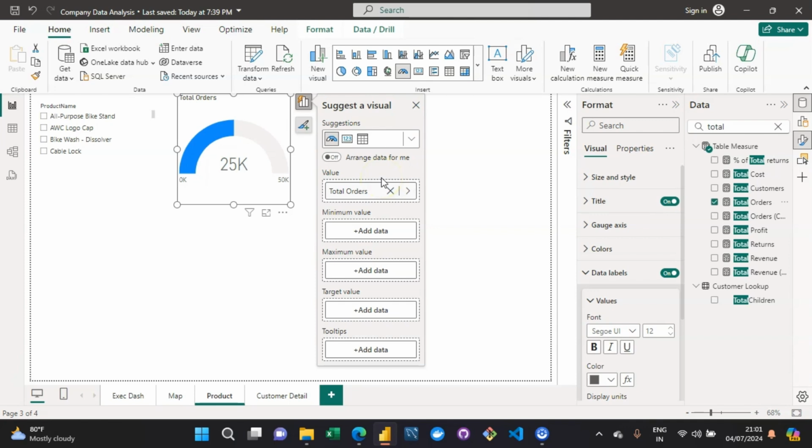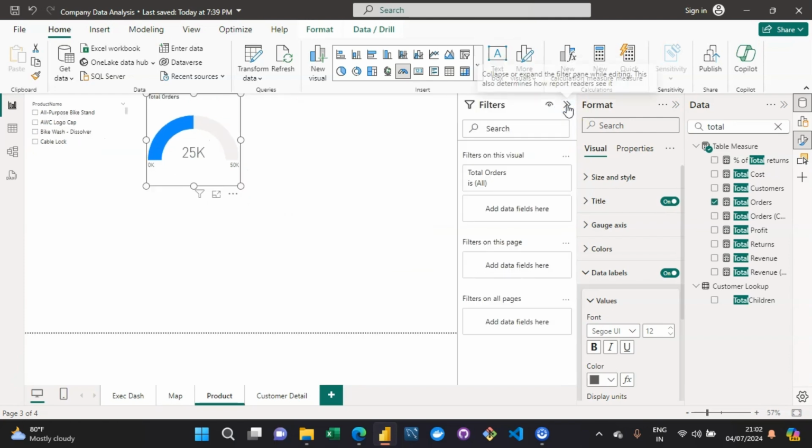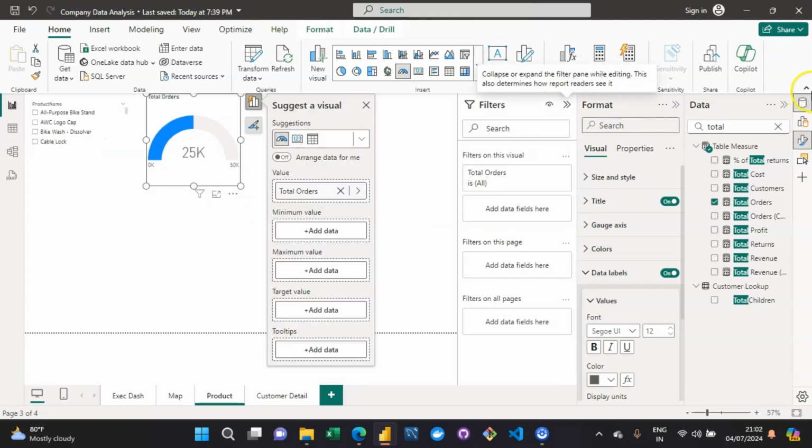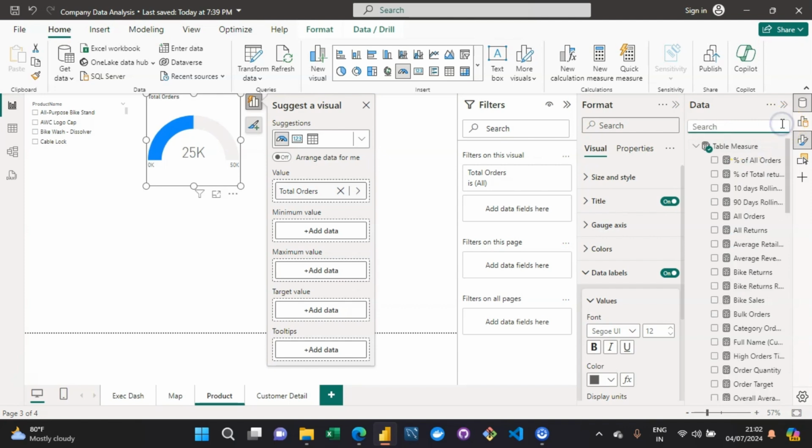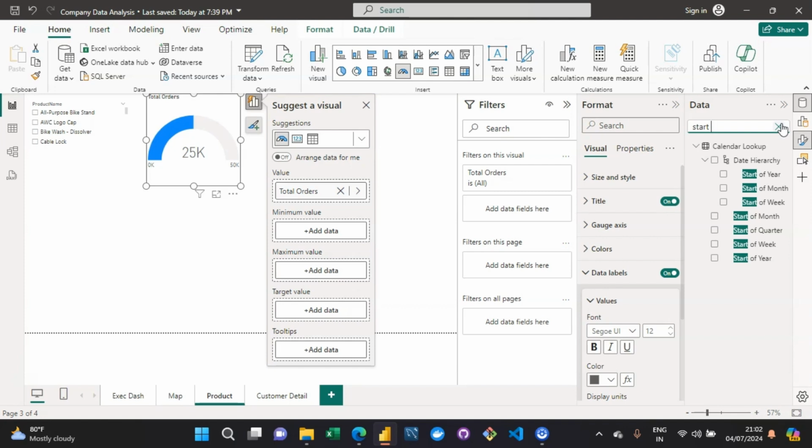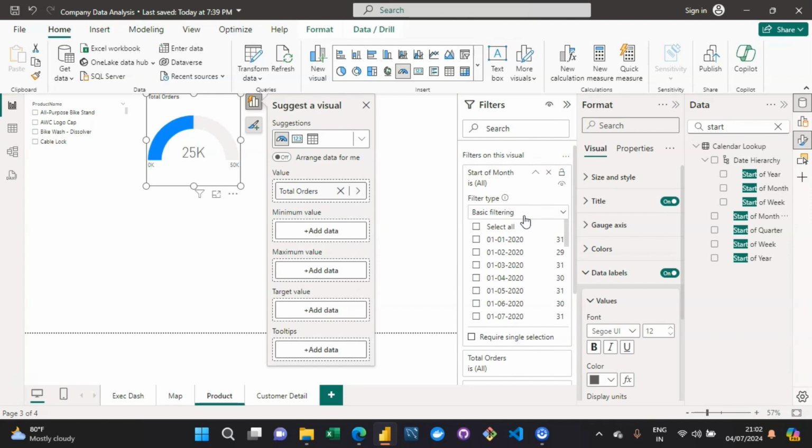And now the total orders I want to represent is with respect to the current month. So I need to bring in some kind of filters over here, right? I need to apply some filters. So the information should be shown with respect to the current month. I'm having one of the columns which is representing the information about the start of month, and with respect to the start of month only, I want to look upon